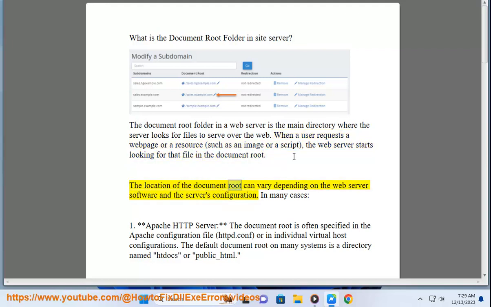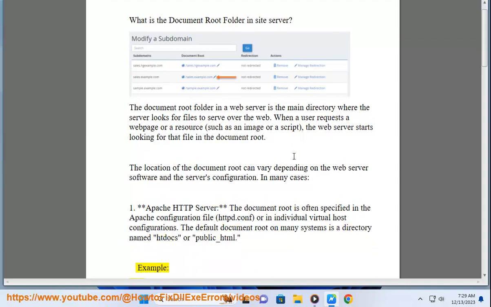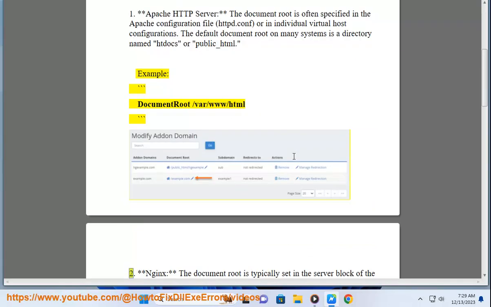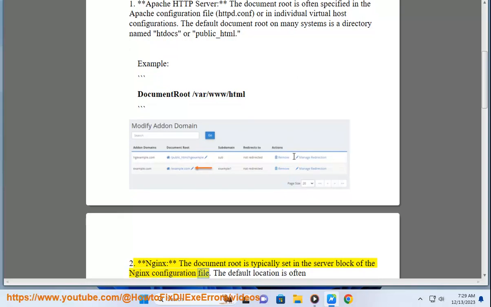The location of the document root can vary depending on the web server software and the server's configuration. In many cases, 1. Apache HTTP server: the document root is often specified in the Apache configuration file, httpd.conf, or in individual virtual host configurations. The default document root on many systems is a directory named htdocs or public_html. Example, document root /var/www/html